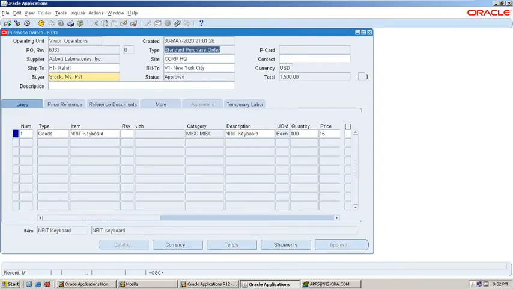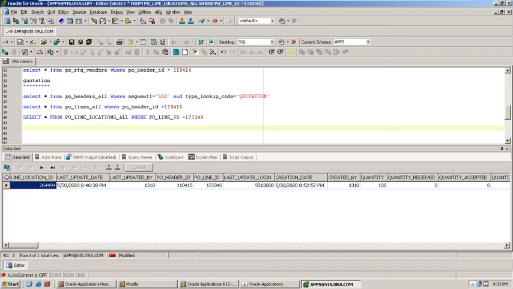Now the purchase order, PO, has been successfully approved. Now verify the purchase order details from the backend.